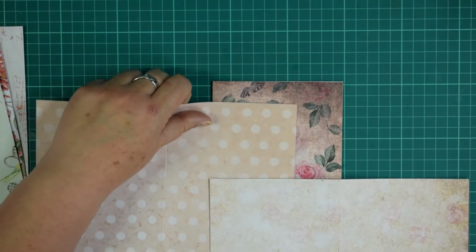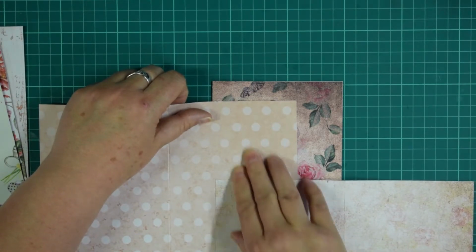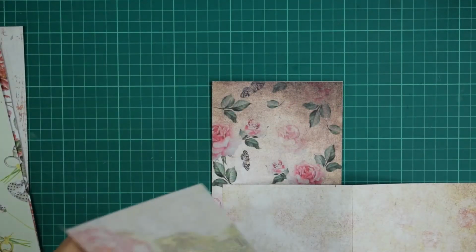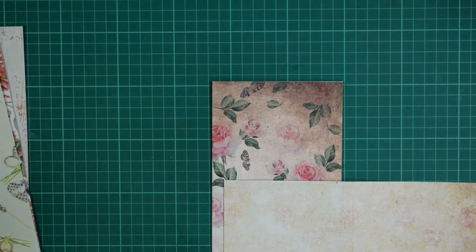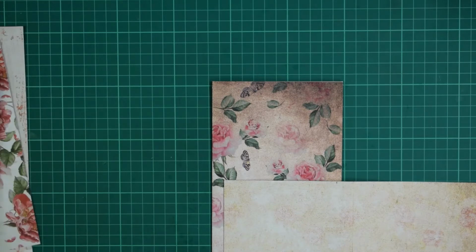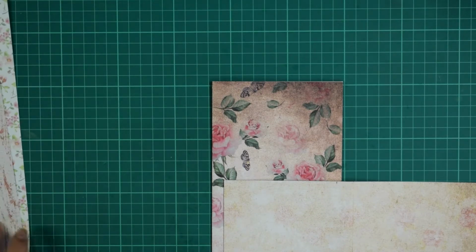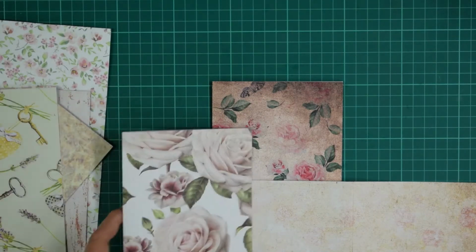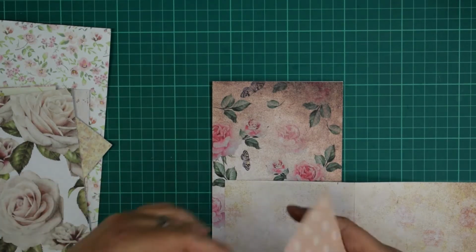I just wonder if that would look nice like that. It would leave it nice and plain. No, I'm not sure about that one. How about this one? No, I'm not sure about that one. This is the problem when you've got your scraps sorted out. It's finding the ones that you want in the right place, isn't it? No. Maybe